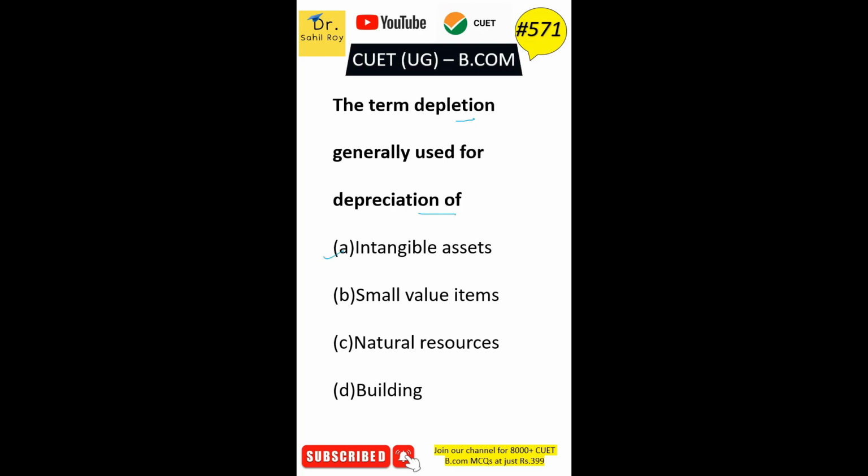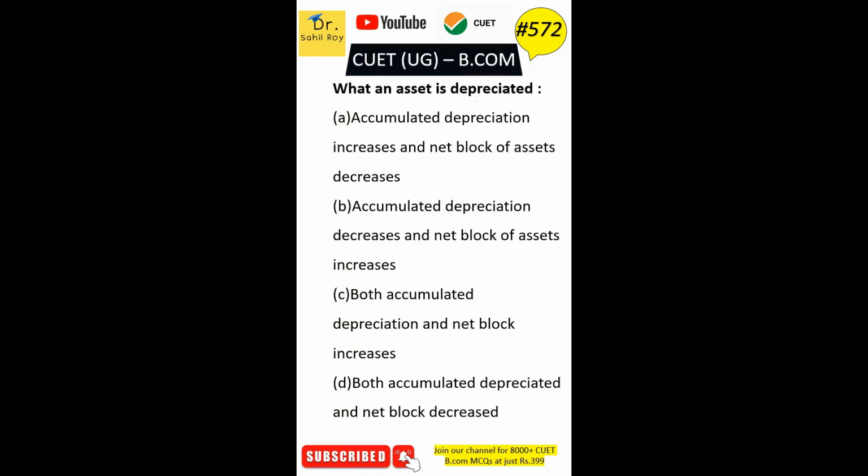Option A intangible assets, option B small value items, option C natural resources, option D building. इस क्वेश्चन का सही आंसर है ऑप्शन सी नेचुरल रिसोर्सेज। The term depletion generally used for depreciation of natural resources, जैसे माइंस हो गए ना, माइंस नेचुरल रिसोर्सेज हो गए तो वहां डिप्रिसिएशन नहीं लगता, वहां डिप्लीशन लगता है, ठीक है। ऑप्शन सी इज द करेक्ट आंसर।